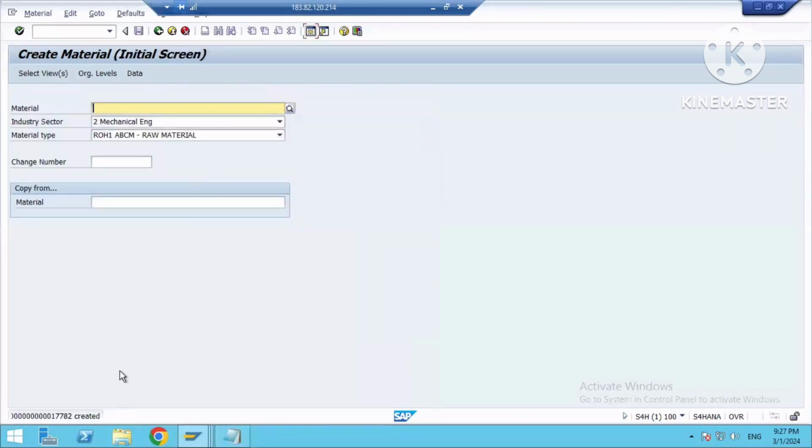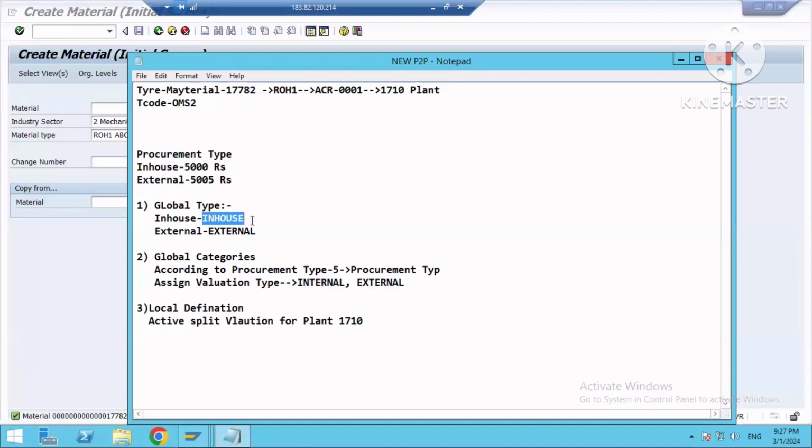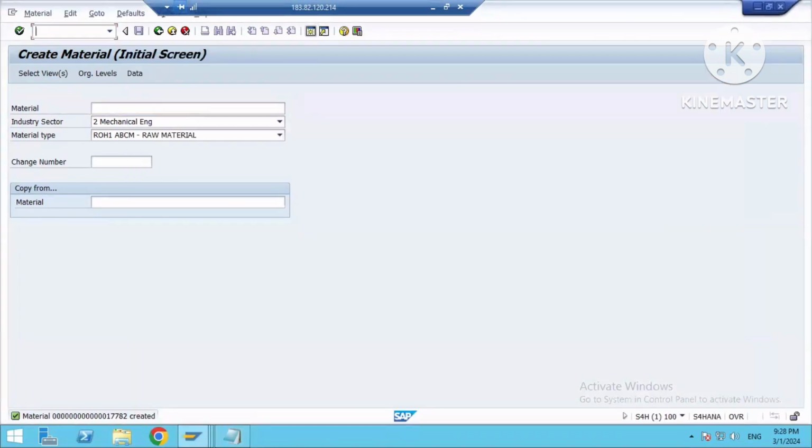Okay, now your material got extended to the in-house production and for the external procurement. Now what we will do, we will create a purchase order, do the GR and check the stock. How can you do this? You can see, go to ME21 and